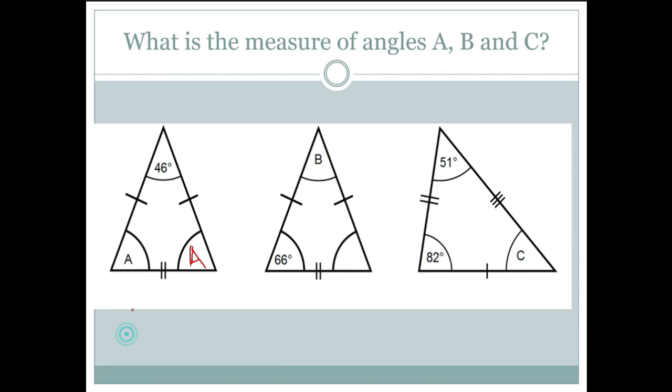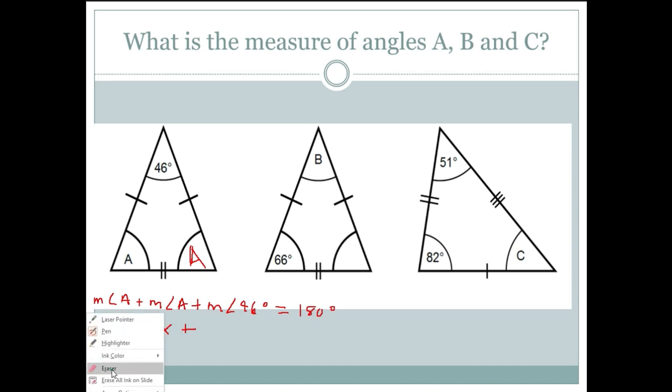So we say that the measure of angle A plus the measure of the other angle A plus the measure of the one given, which is 46 degrees, is equal to 180 degrees, right? So we could use x for the measure of angle A because we don't know the value. So it could be x plus... I should not have written m here. Okay, so we can just write